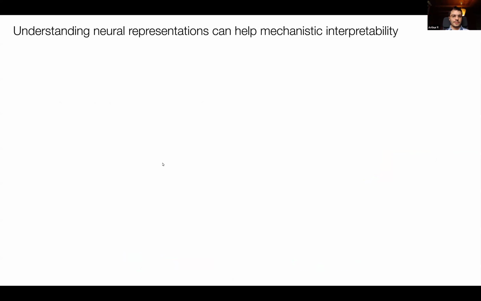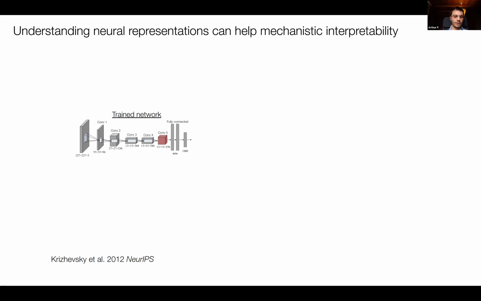So the field of AI has been experiencing a current push towards mechanistic interpretability, trying to understand the computations performed by neural networks. And some of these ideas are actually dating a couple decades back. One example that I like to start my talk with is some very simple analysis of the geometry of a convolutional neural network. So in this work from NeurIPS back in 2012, what they did was they took